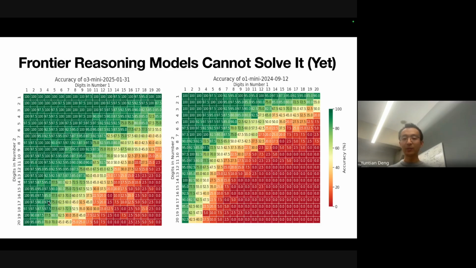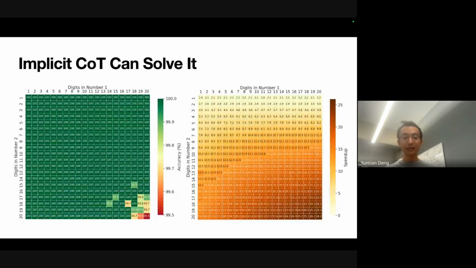And if you look at this, for both models, I think they are unable to solve 20-digit multiplication, if you look at the bottom, the lower right corner of each heat map. But if you look at our approach, even this small GPT-2 model is able to solve up to 20-digit